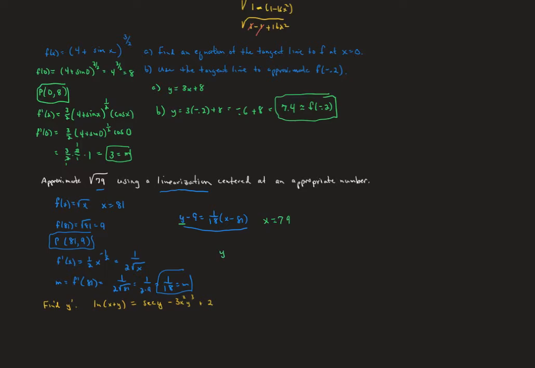So we're going to get y equals, I'm going to add the 9 to the other side, we're going to get 1/18 times x, or 79 rather, minus the 81, because we're going to plug in the 79 for x. That's going to be 9 plus 1/18 times a negative 2. So if we believe in canceling, that is going to become